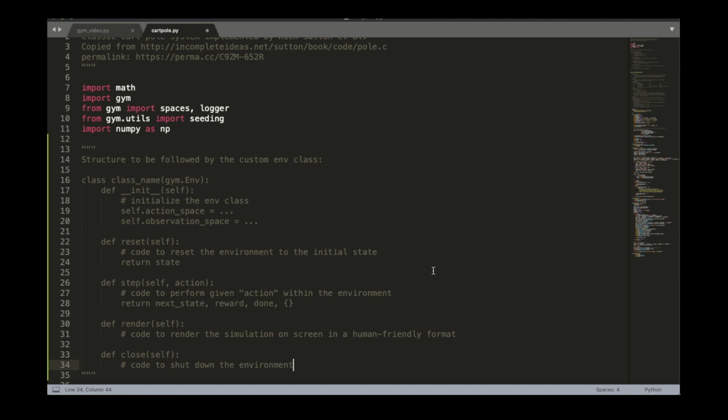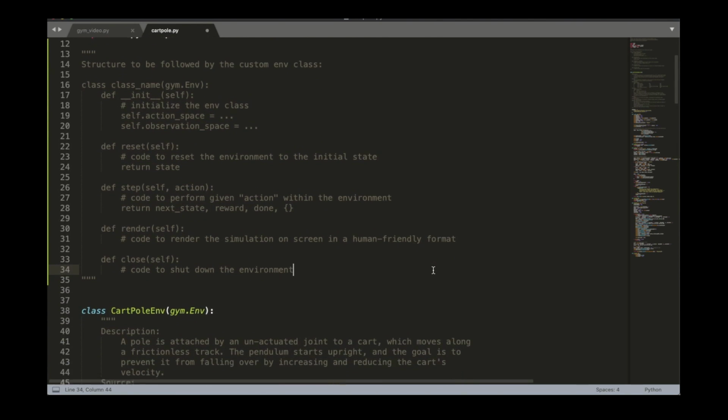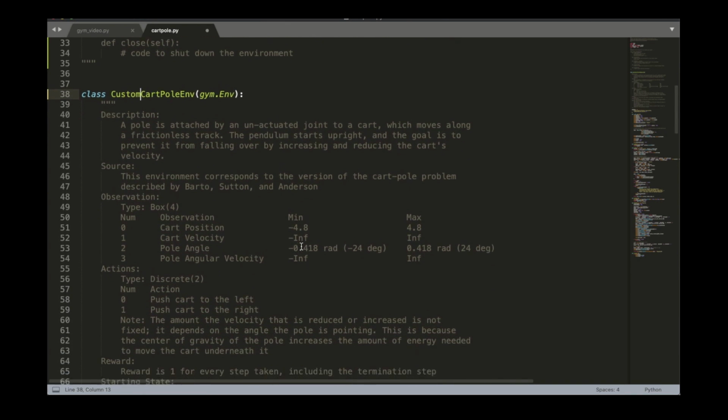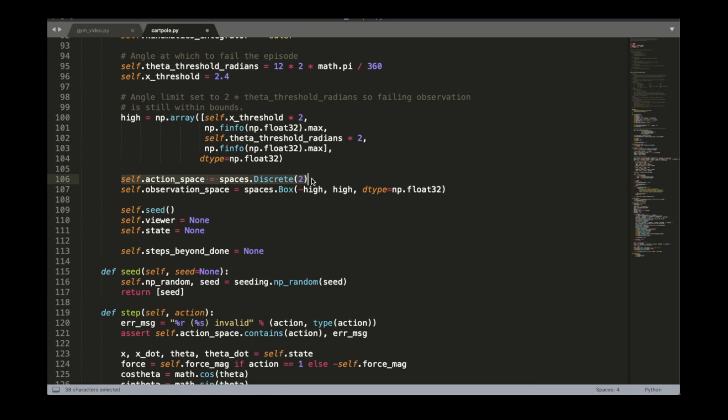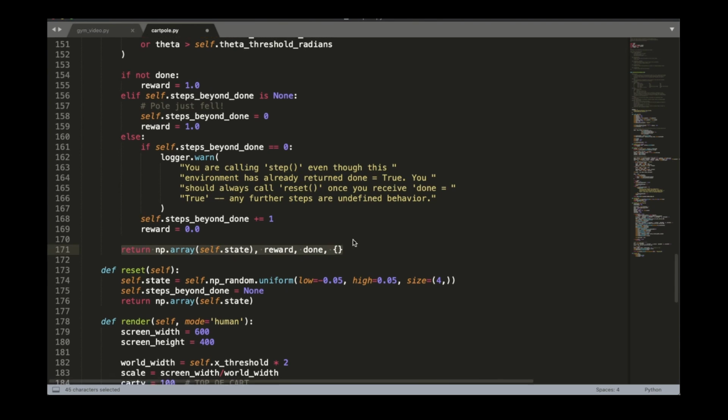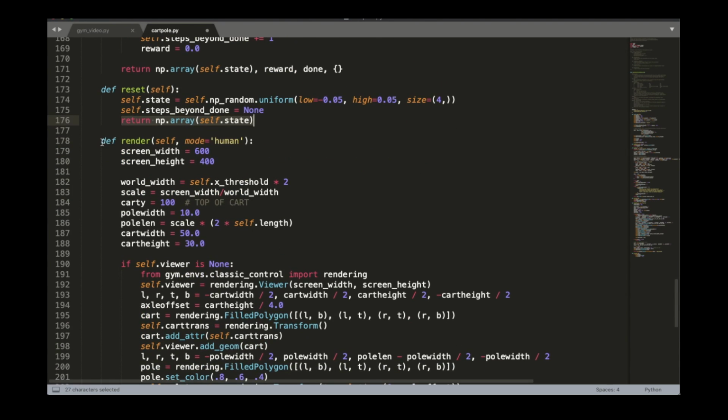Let's take a minute to examine the CartPole class provided by Gym. Also, don't forget to rename the class to CustomCartPoleEnv for later usage. You'll notice that the action space is discrete while the observation space is continuous. Additionally, the definitions for the 4 functions have been provided and match our expectations.